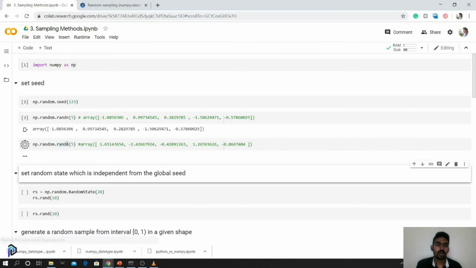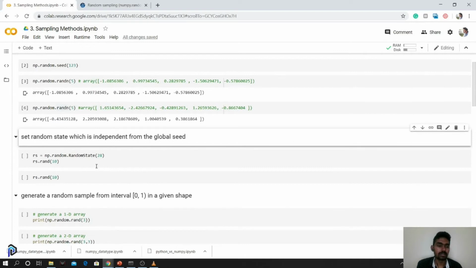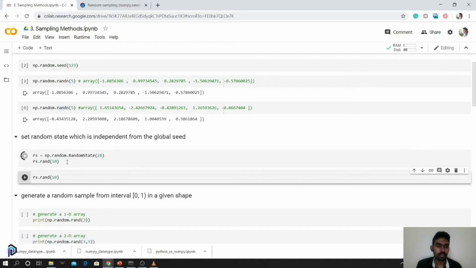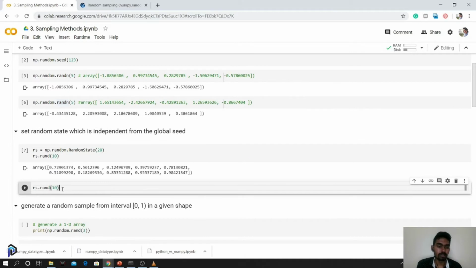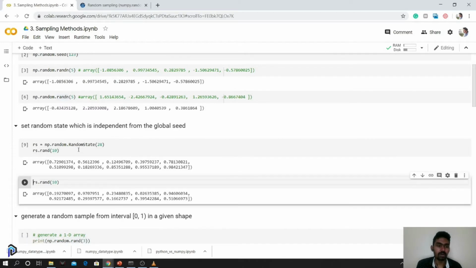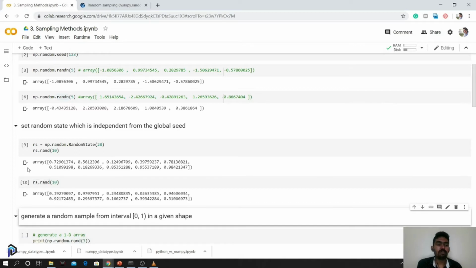It's important. The thing is, it's like a sequence of values. It maintains an order. When you run it again, the next set in the sequence comes. You can have that understanding. You can also set a random state for an individual object. So I'm creating an object rs, and a random set of values is created. Even if I run it again, it would create the same values over here, but here the values would change. We will explain what happens over here in the end.